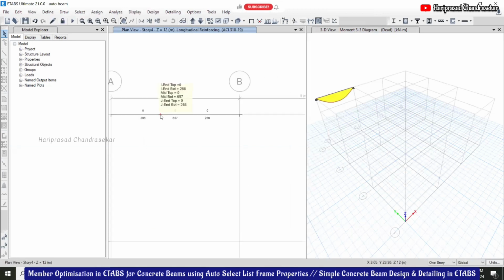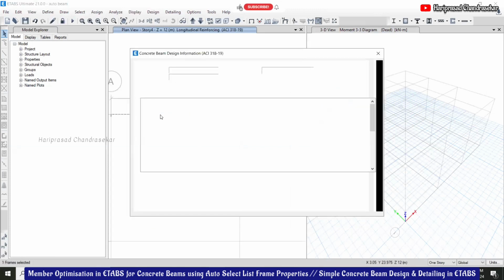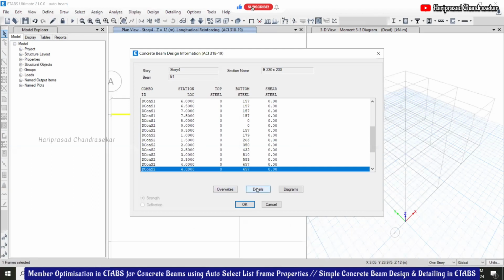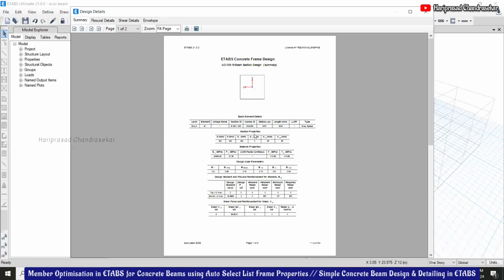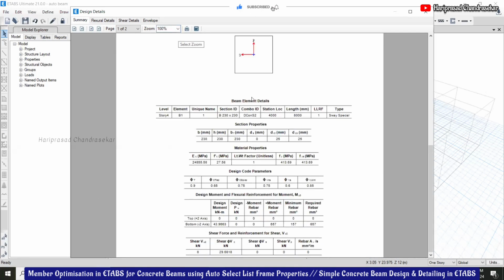To see what is going on, right click, and you can see the details. It has taken a 230 cross 230 beam for the loads given. You can see the details here.